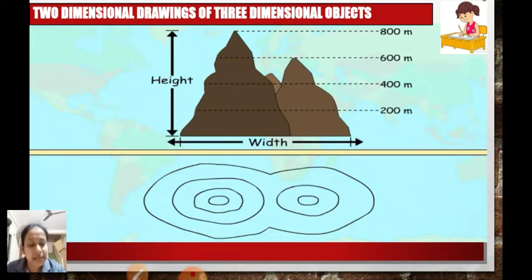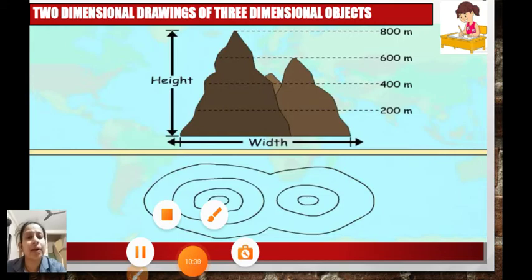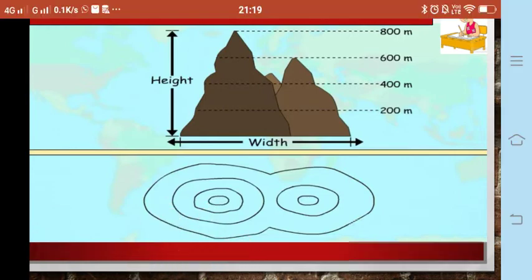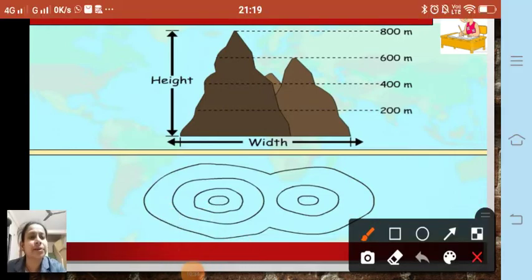That is, the areas of different heights are shown with different curves. And different curves are also called contour lines. So here you can see the different curves are drawn to show the different heights of the mountain, right? So these are also called the contour lines.